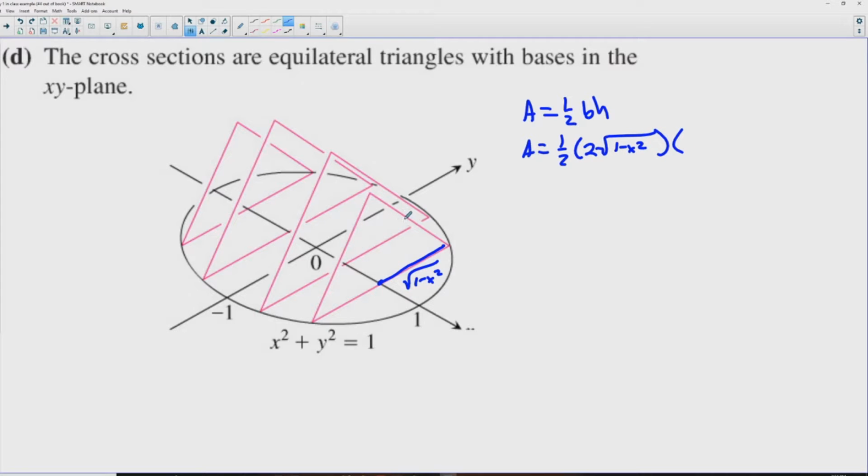And then we have to multiply the height. If we drop the height, since this is equilateral, that's a 60-degree angle. This is a 30-degree angle, so this side is 2 times the square root of 1 minus x squared, because we know about 30-60-90s. And then the height must be square root of 3 times the square root of 1 minus x squared, because if I divide all these by 2, if I make this length 1, then this is 1/2, and there's your square root of 3 over 2. So if we go back to how we had it,